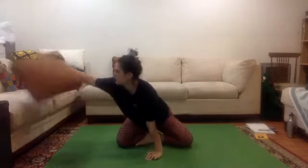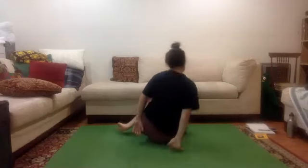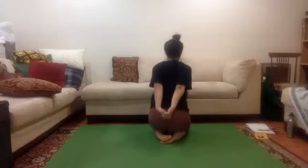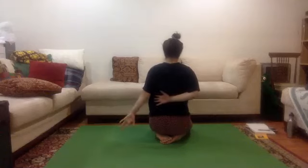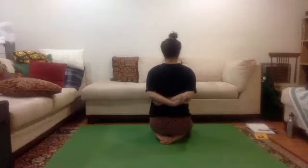Now, interlace the hands behind the back, clasping, and try to touch your palms together instead of having them open. Try to press the palms together. If your shoulders don't allow for this, you can take one arm, reach for the elbow, and then grab the other elbow